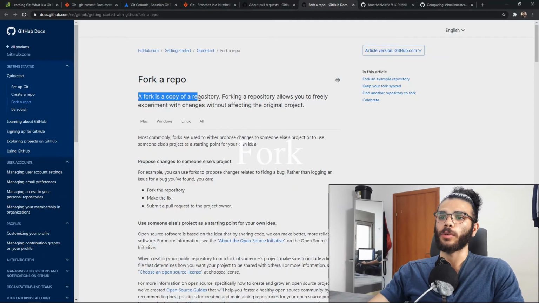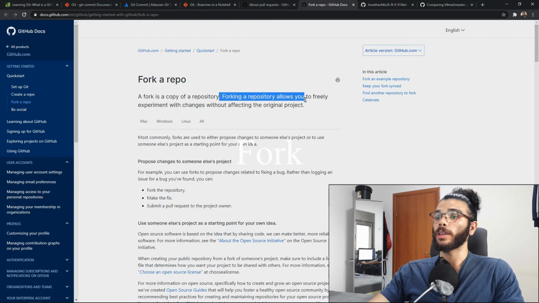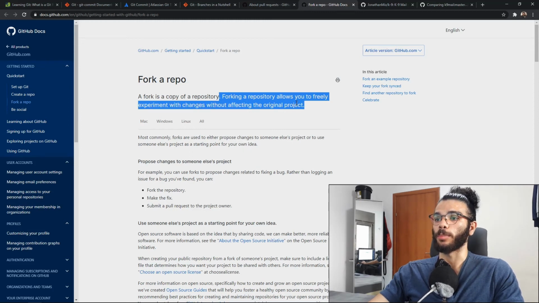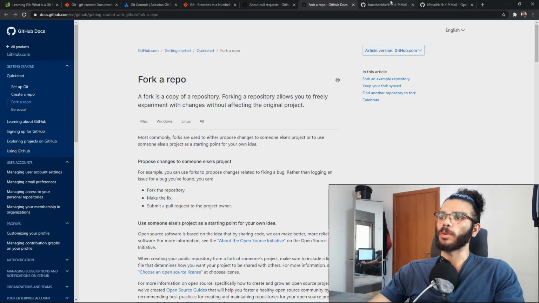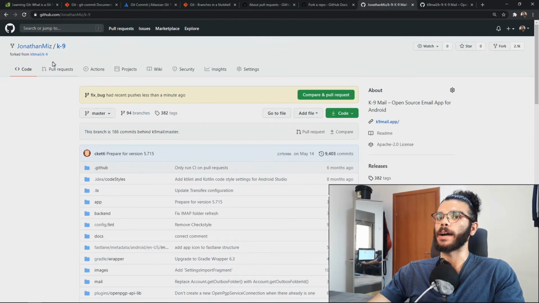What is a fork? A fork is a copy of a repository. Forking a repository allows you to freely experiment with changes without affecting the original project. This is a very good explanation. So let's take a look at the project I showed you up until now. If you take a look at it, we can see that it's forked from this main project. If you take a look at the main project,